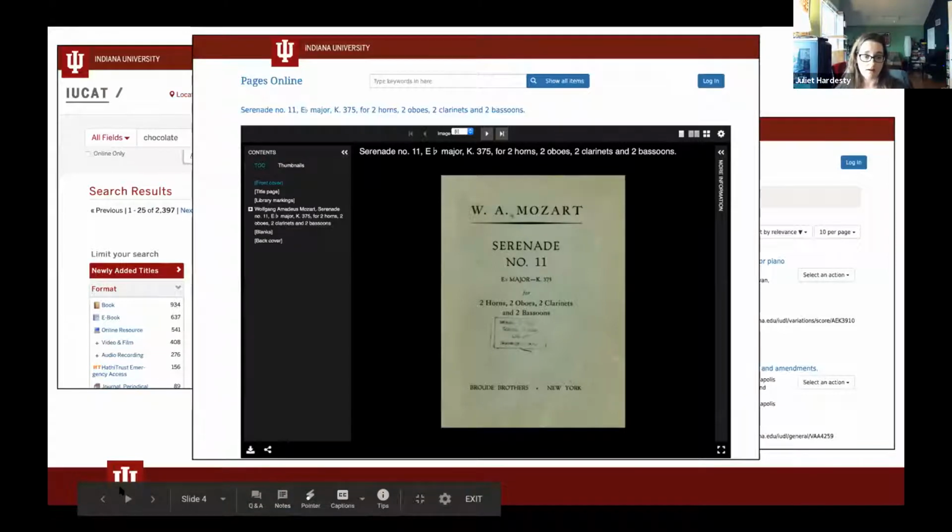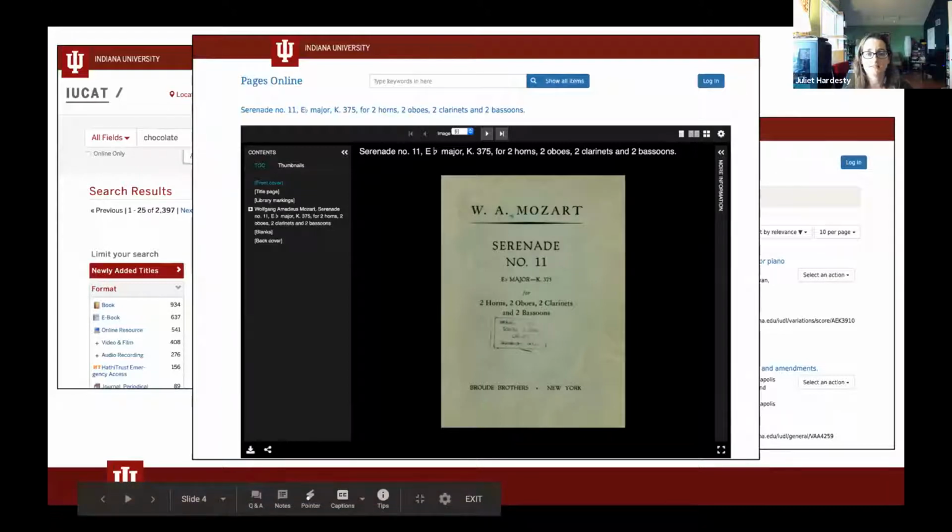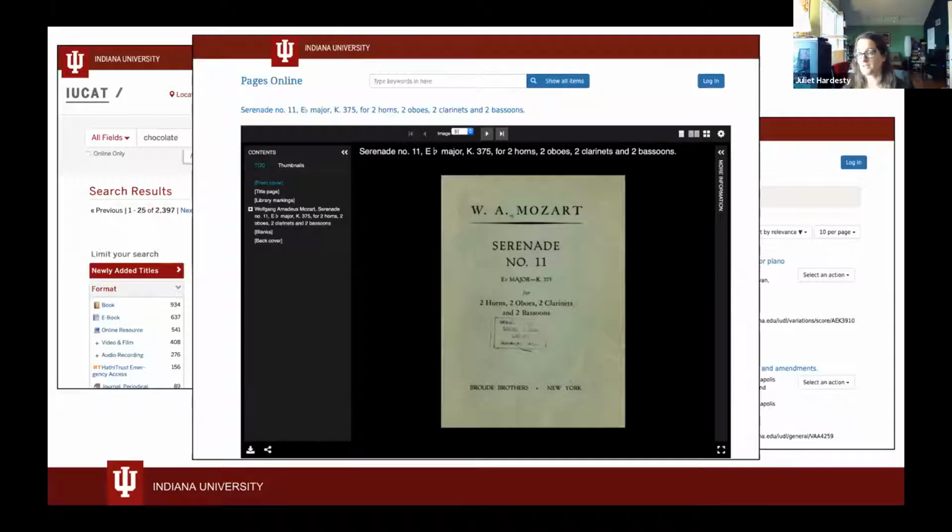In addition, ArcLight is still EAD centered, and Sean talked about that a little bit. It indexes EAD XML files into its Solr index. So it's still standards based, and we could see a path with that to migrate the EAD content that we already have. And ArcLight's ability to incorporate a IIIF enabled viewer like the Universal Viewer, which we're showing here in Pages Online,